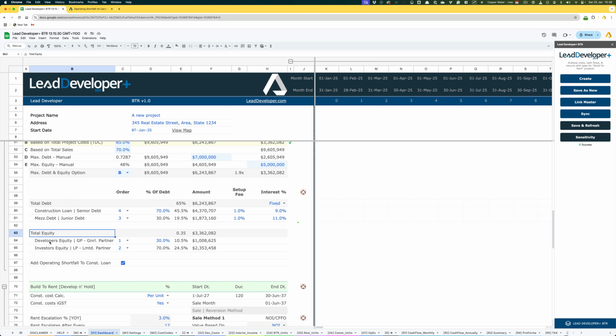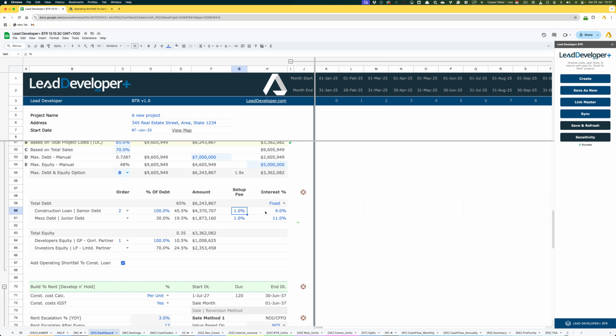And you say, okay, my debt is made up of developer and investors. So if you don't have investors, doesn't matter. Just select that, delete it, leave it as one. And you can say, okay, 100% of my total equity is coming from developer equity. And 100% of my total debt is going to be just the construction loan, and you can just put 100%, take that out, and the construction loan will come in second, developer equity would be first, and that is basically